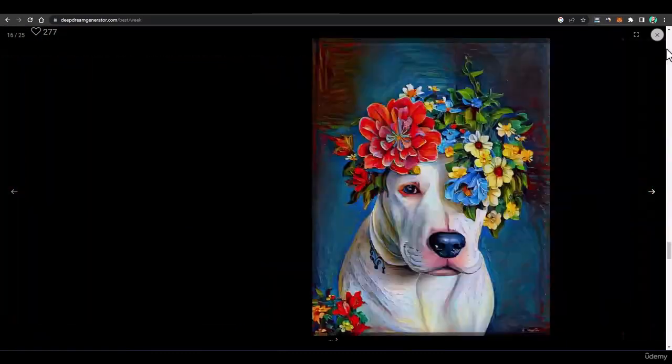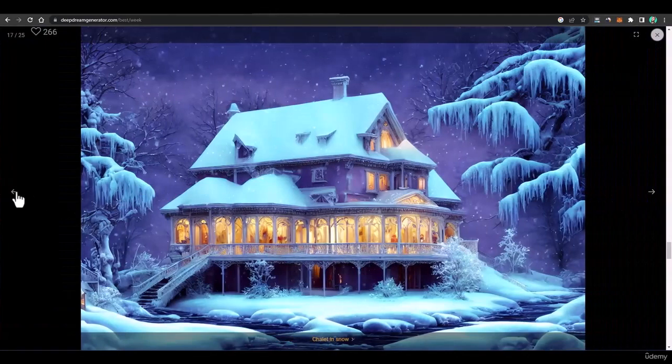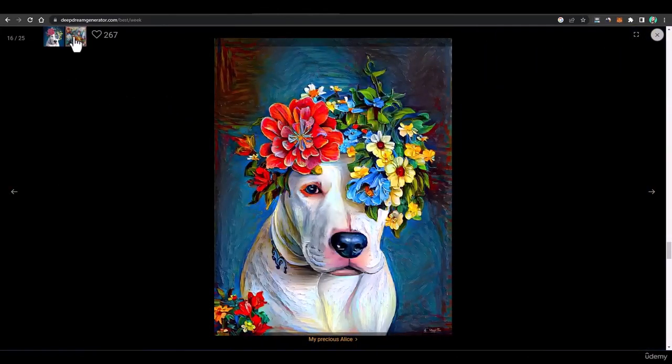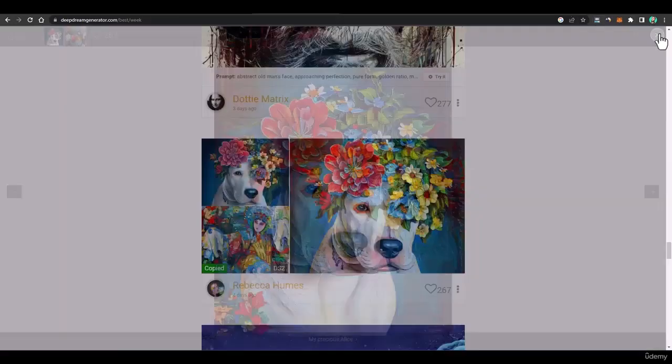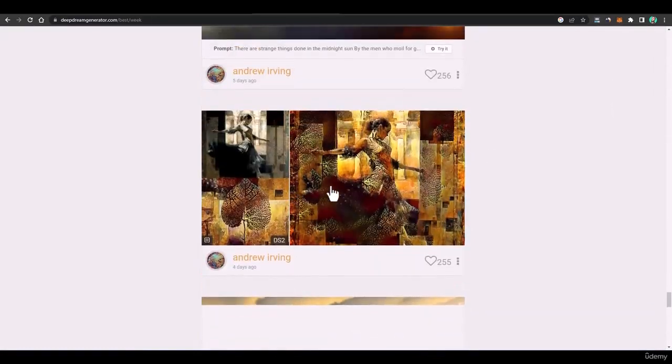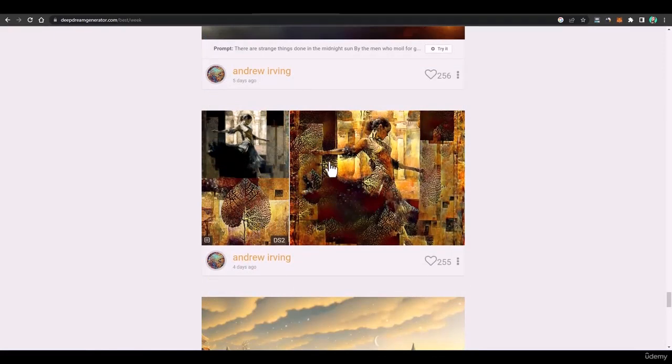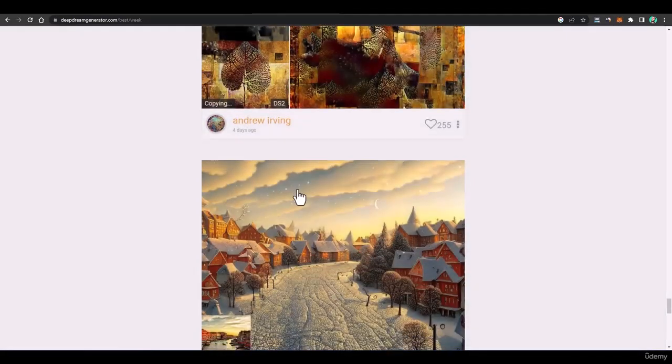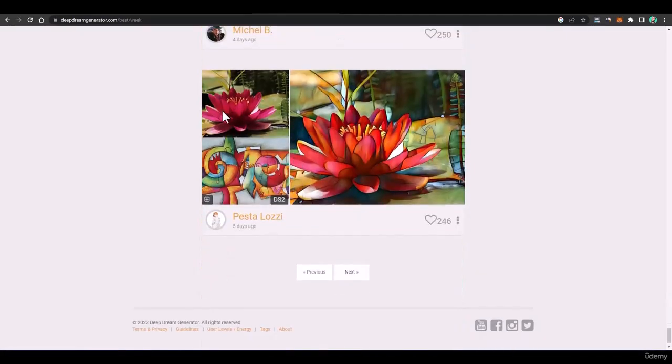First of all, this was the base image. So this was the image that got generated, and this was the style with which you got this image. And then here you can see you have the complete details, and then you will have a lot of other images as well here, like this one. Here you can see this was the base image, and after applying this style you got this image. So we'll also copy this style. If you like any style, you can copy it. Then this was the flower, and after applying this style you got this image. So that's how it works.